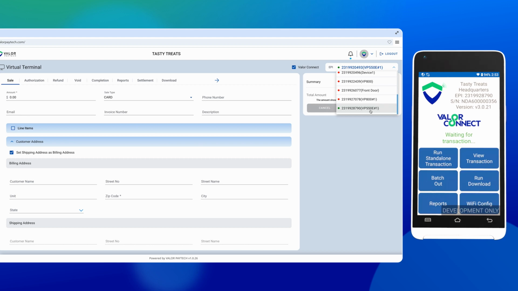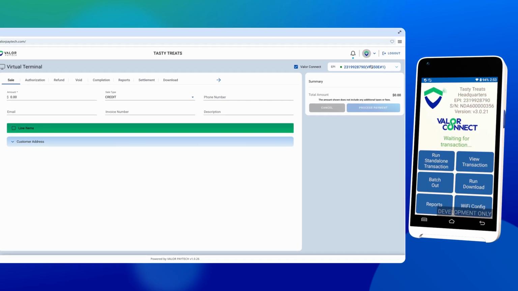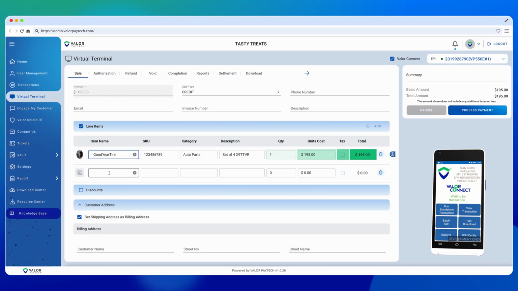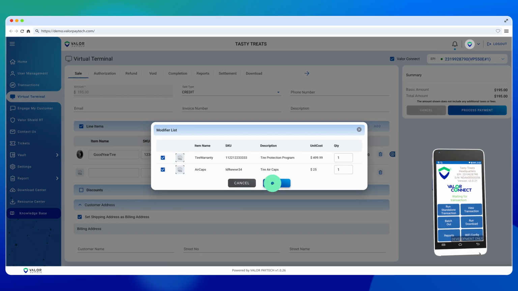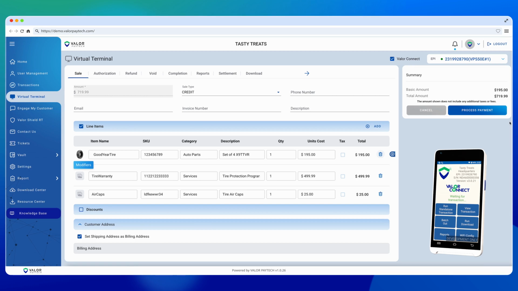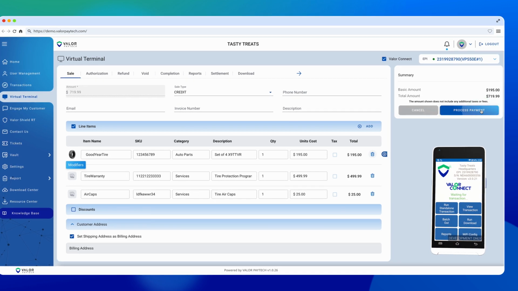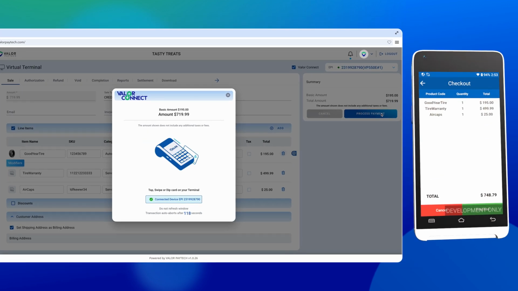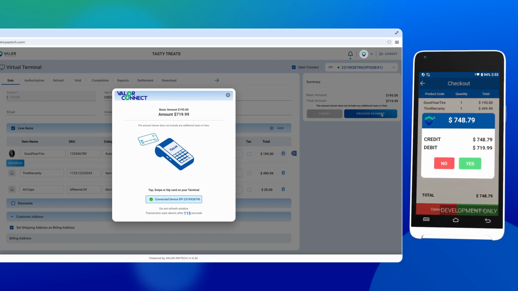Let's go ahead and select this EPI. Now, add a line item to the transaction and apply any modifiers. Enter the required phone number, and we're ready to hand off the transaction to the terminal. When we hit Process Payment, you'll see the product details, totals, and a prompt to proceed appear on the terminal